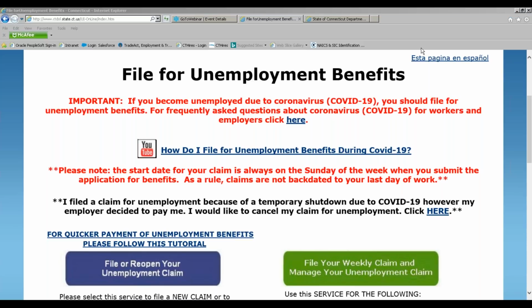Okay, Greg, regarding the extra $600 and the extended benefits, the extra 13 weeks, do I need to reapply to get those additional benefits? For the $600, no. What will happen is it's still in the testing phase, but they don't have to file a new application for benefits. The program will be administered on top of the current claim that you've already filed. So it'll be a continuation based on the claim that you already have.